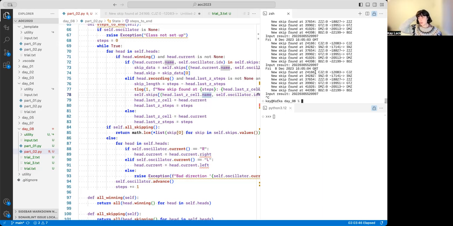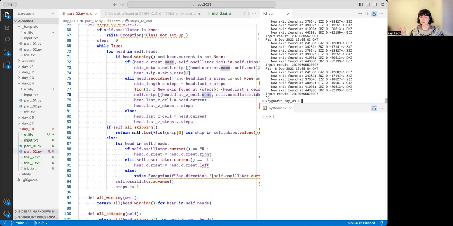My suspicion was that each head might encounter multiple possible ending cells. So it could be CJZ, then SNZ, then CJZ again, and you would have to keep track of multiple possible ending cells. So you couldn't have a simple, we're going to see CJZ every 12,083 steps, and